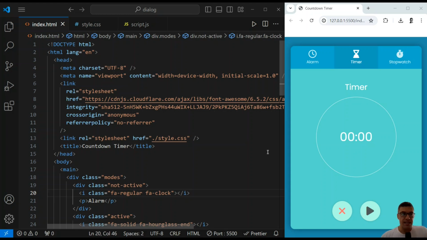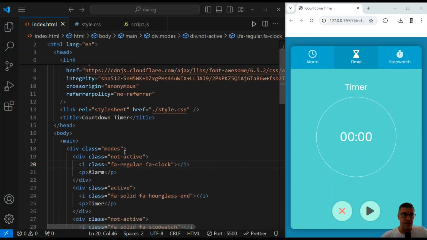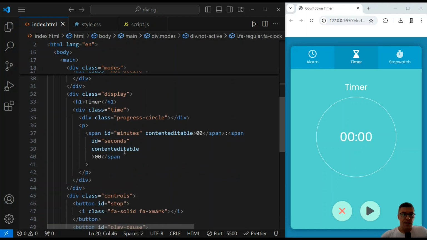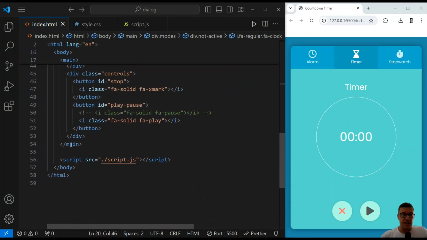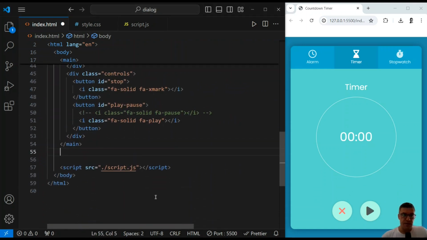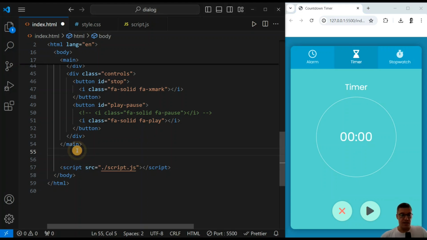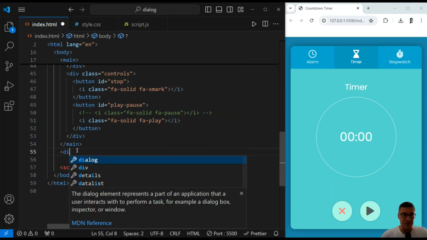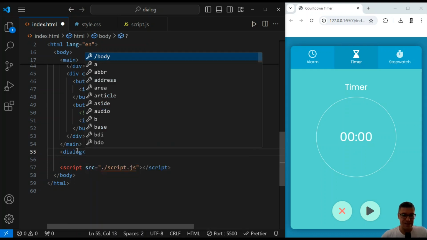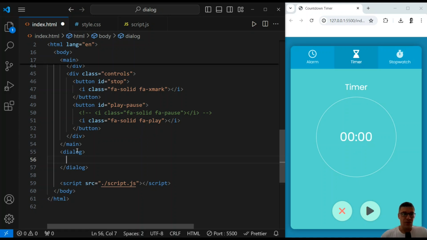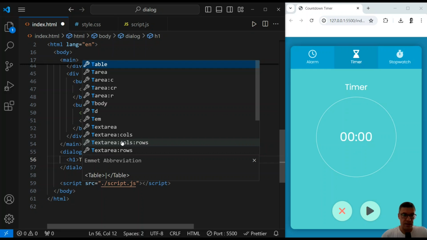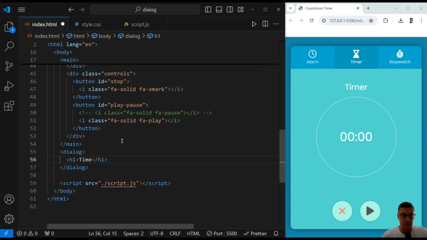Okay, let's get started. Here is my HTML file on the left side, and here I will add, let's say, underneath this main, which holds this container that holds all of the content here. Underneath that, I will add dialog. As you can see, my editor is not even suggesting this tag. It's that new. Okay, and inside my dialog, I will add an H1 saying Times up,